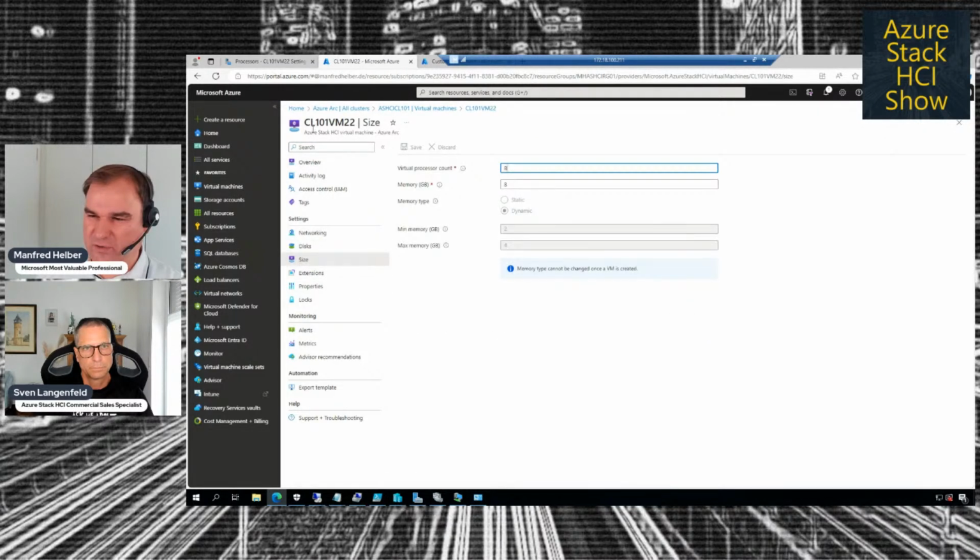When you have ever created a virtual machine in Azure, you know these are functionalities you also have for a virtual machine in Azure. But this virtual machine is running on my Azure Stack HCI cluster in my location. Now I could say, okay, let's choose the virtual processor count. Let's switch it to 8. Let's save this here. I will change the size of the virtual machine